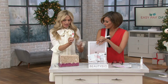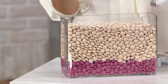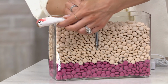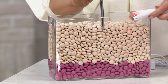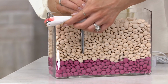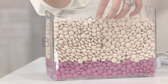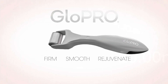And I want to show you as well, I want you to pretend that these little candies are layers of your skin, right? So what happens is, as you roll the GloPRO over the skin, a man shaves, so he takes off this kind of upper layer of the skin, so his skin looks younger. What we're doing is vertically helping to stimulate the skin, gently parting these skin cells. And when this happens, your skin says, whoop, okay, something's going on here. I've got to wake up and create this optimized cell turnover. So this is that vertical exfoliation process. So instead of the ancient days where we stripped everything off and all the downtime, what's so great is you're creating those little channels, those little passageways. This is how your skin churns. Instead of having everything sit on top of